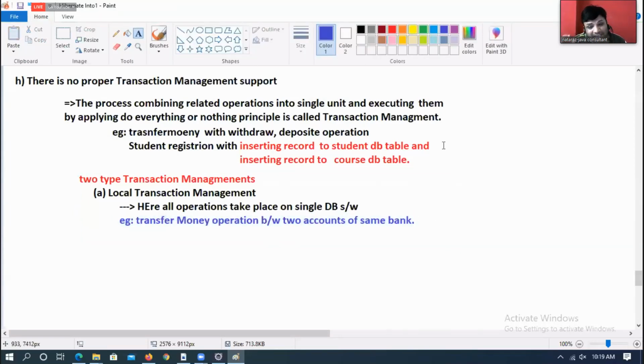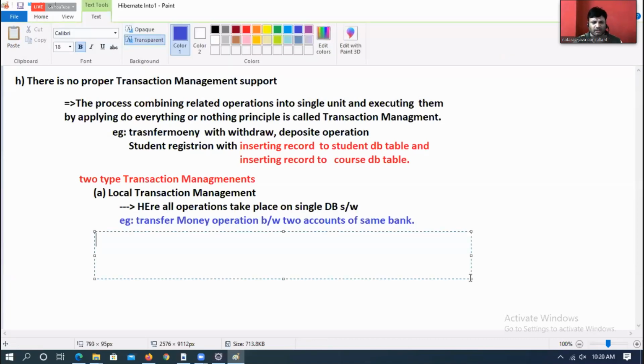Same bank means same database. Source account is in Kotak Mahindra Bank, and destination account is also in Kotak Mahindra Bank. Nowadays banks are using a centralized database, so all accounts of the bank will be in the same database software. So now tell me, is a transfer money operation between two accounts of the same bank local transaction management or not?